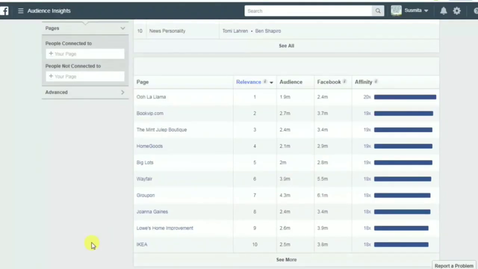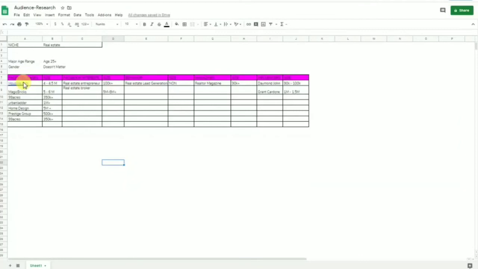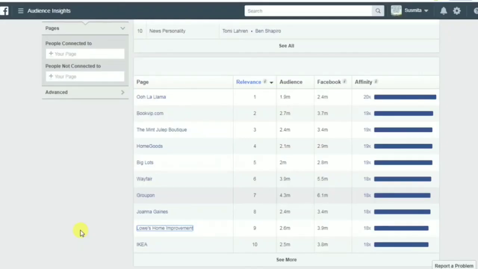So what is the use of these pages? The use is that you can target this page. That means if someone is interested in this Lowe's Home Improvement, then you can target this page. The people who like this page are interested in real estate. That's it, simple as that. For this I have listed all possible pages and their sizes. All that stuff I have written down here, which is available, right? I will show you later how you can use this audience inside, but for now you can see how I researched the audience using this tool.